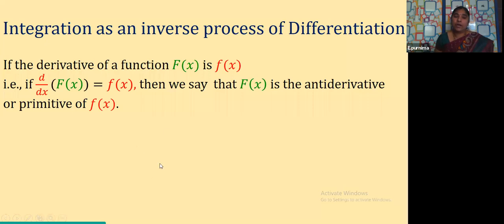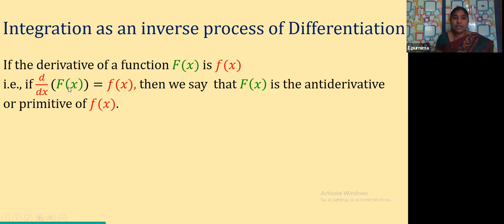See, you learnt in the functions chapter about images and pre-images. It is like that only. So the element in the codomain is called the image of the element in the domain set. Yes or not? Similarly, the element in the domain set is called the pre-image of the element in the codomain set, in the range set. Yes or not? So now here similarly, if this d by dx of F of x is equal to f